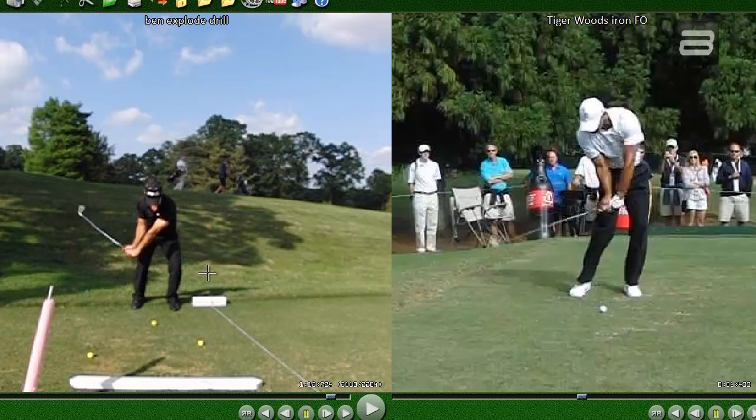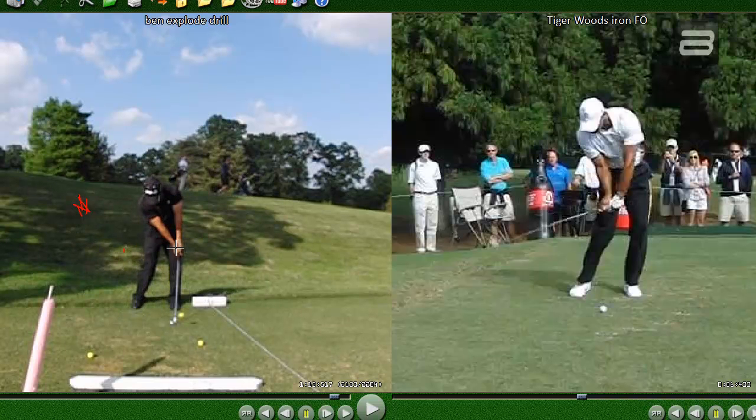There's a lot of good positions I'm hitting right now, and some are actually exaggerated, but we want this club to move real fast from way back here all the way into impact without our body having a whole bunch of movement. You can see that, again, the club goes from way back here into impact, and my hands have only moved that far. My hips really haven't done much of anything. My shoulders really haven't